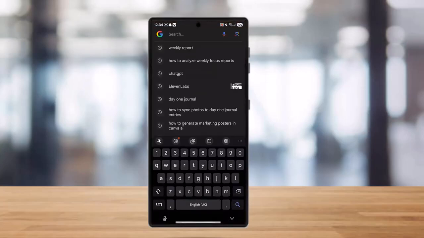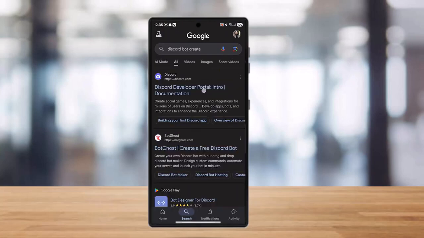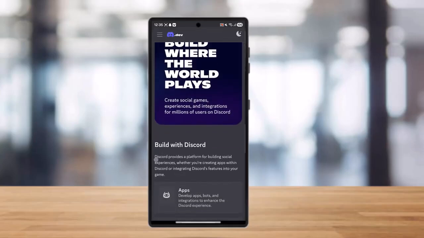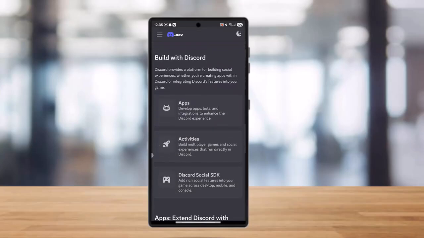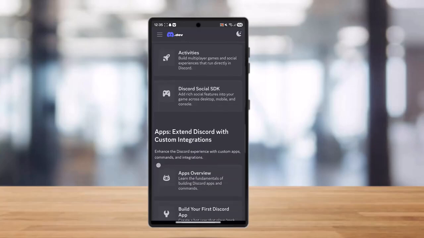So you need to first of all create a Discord bot. You need to simply open your Discord developer portal and create a Discord bot application. Once you develop your own bot, you need to get your OpenAI API key through the OpenAI platform